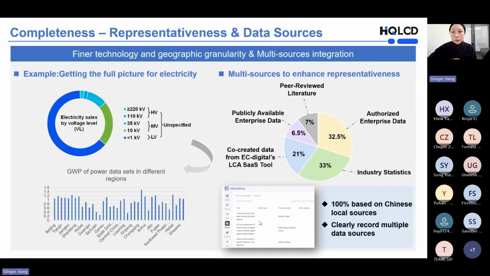HiQLCD provides finer technology and geographic granularity. Taking electricity as an example, market datasets were constructed by voltage category and subdivided voltage level. For electricity generation, it covers 7 major power generation technologies in China, and data are available at a provincial level